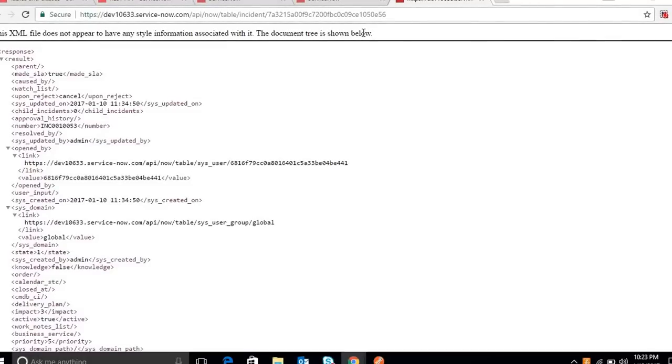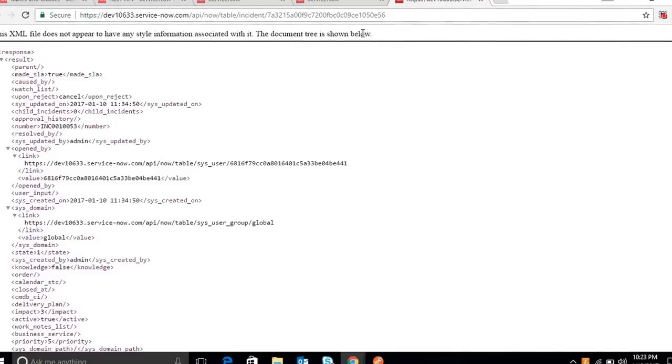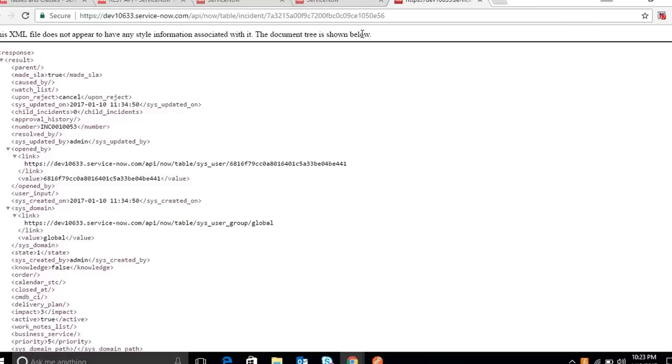So in this manner, I can query or I can get the details of a particular table without logging into ServiceNow or without GUI. So you can invoke this from your orchestration tool. Most of the orchestration tools have an HTTP get option, right?